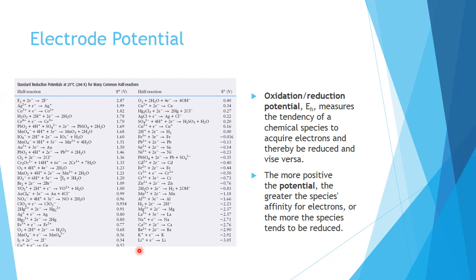In comparison to it, we see that lithium has the least reduction potential, or you may say that its reduction potential is negative. Therefore, we can say that it is favoring oxidation. Its oxidation potential is 3.05, which means that lithium can easily donate its one electron. So this is where we can establish a series which is called the electrochemical series, and that electrochemical series tells us which elements are reduced or oxidized based on a reference electrode.